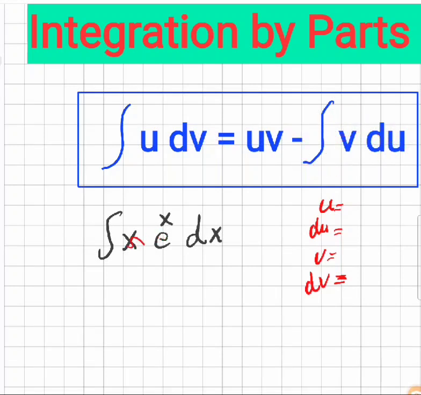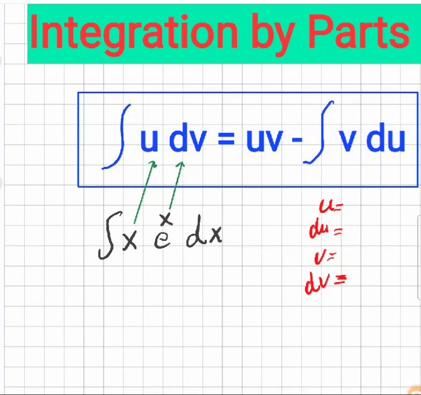So we need to determine u, dv, v, and du. Let me put it in a different order. Which one should we set equal to u, and which one should we set equal to dv? It's best to set u equal to x, because if we do so,